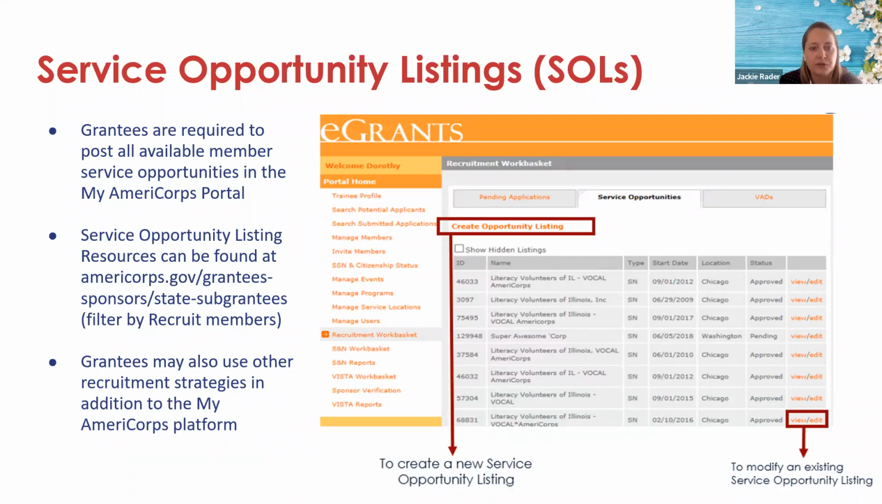There are a number of resources for service opportunity listings. You can find them at the Americorps website. We also have a couple other ones in our external program drive that we will let you know how to access as well. And there may be other recruitment strategies available that you can use beyond the My Americorps platform. Some programs do applications outside of the My Americorps portal. You still have to input these service opportunity listings here. So just be aware that you have to do it in the eGrants system, regardless of if you have an external